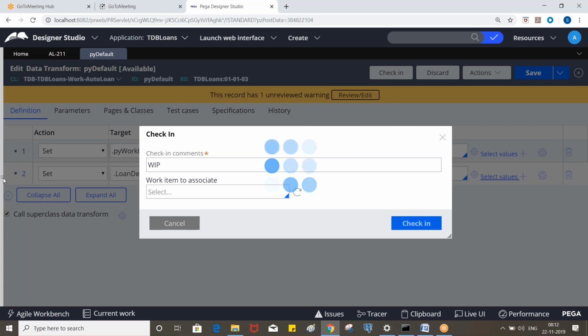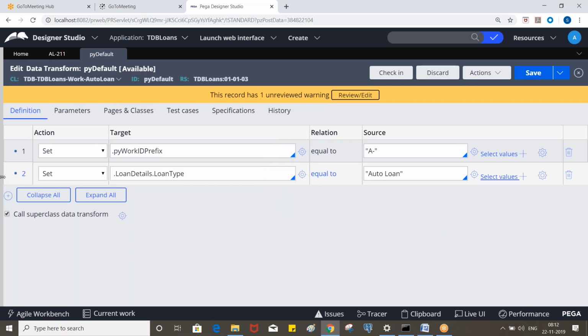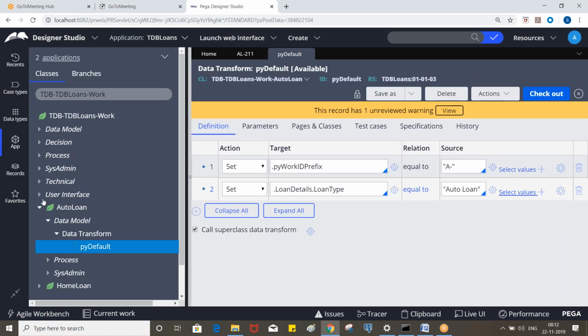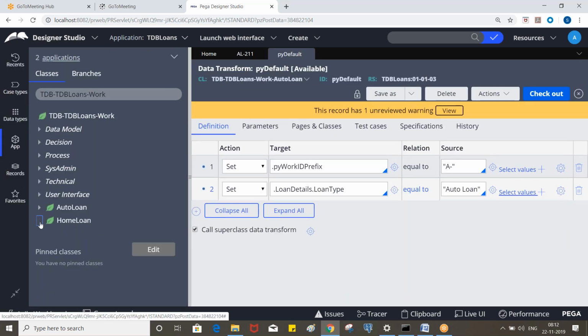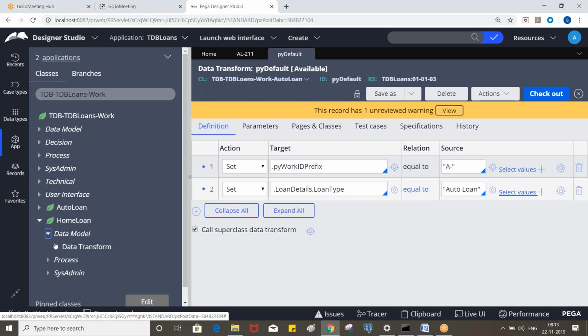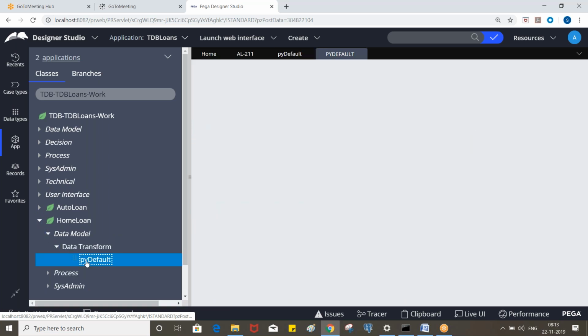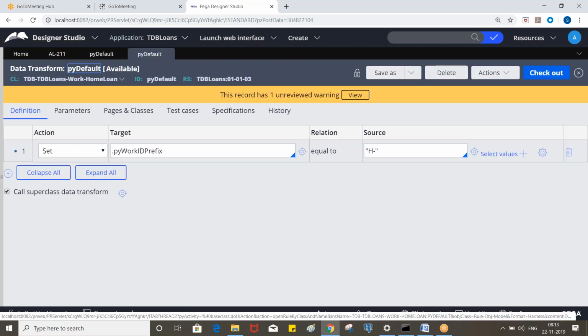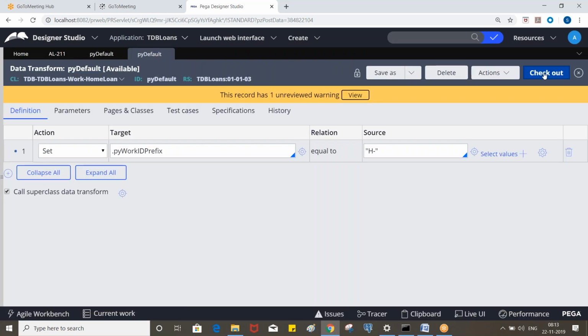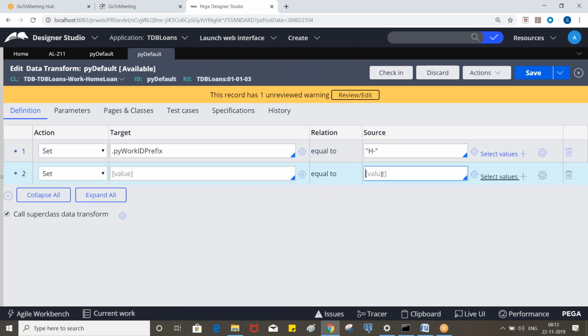Right. So now let's go to the PY default of home loan and assign the home loan value to the same property or a different property? Same property, right?